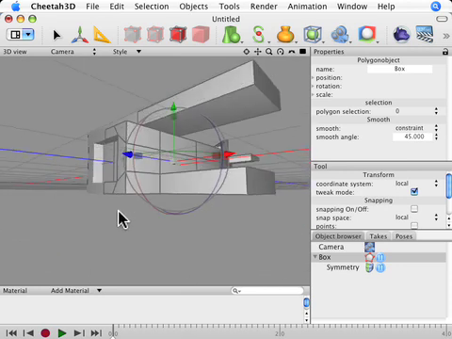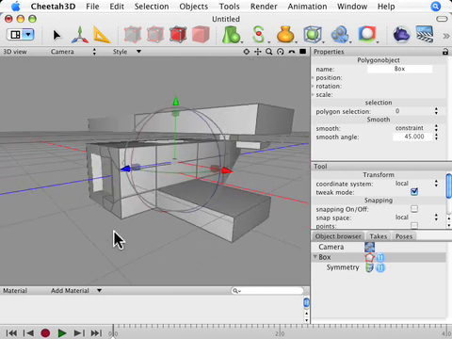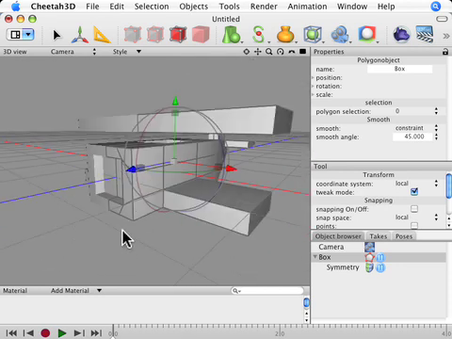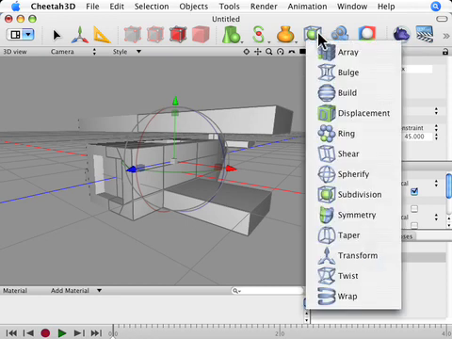Now, you may be asking yourself at this point, if you're not familiar with box modeling, what the heck is he doing? This is a really crappy looking biplane. I would never put my name on a biplane model this pathetically crude. And neither would I. What I'm going to do now is use subdivision smoothing to make this a much more